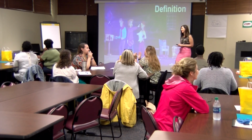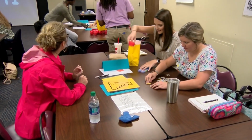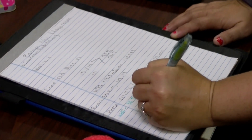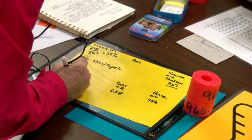The training was great. It was very interactive, it was very comprehensive. It was great because we had a lot of cross-curricular activities. We went all the way from social studies to math to science. There were a lot of things on the state of Mississippi that were included that were really good for our students. And it was great because we were able to have a lot of different teachers from different districts